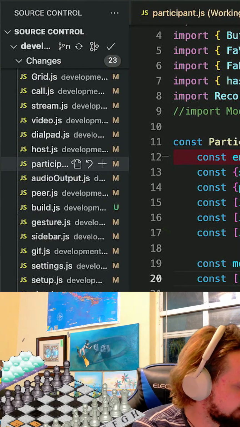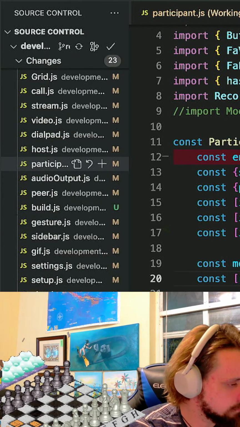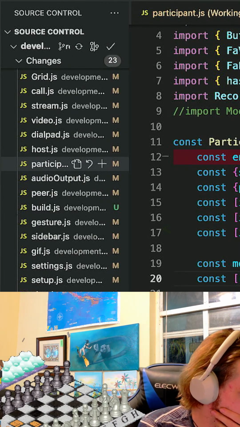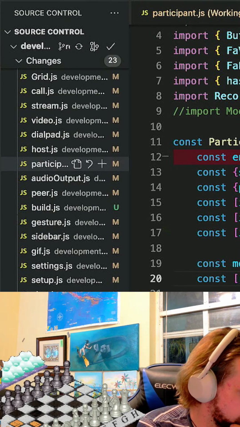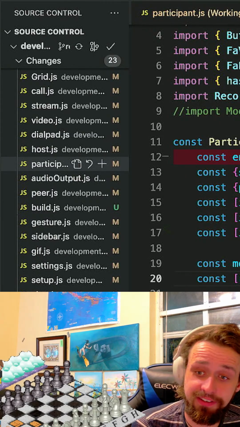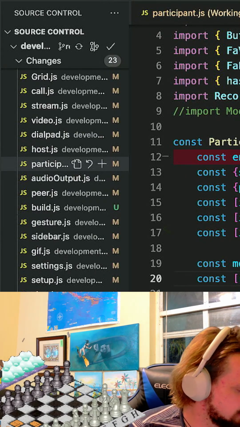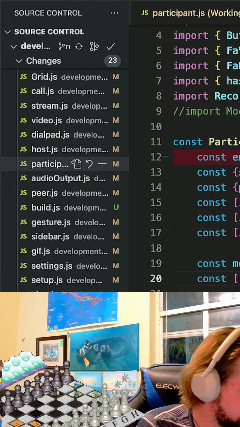What the hell is this? So this is how it starts. I'm just going to read it, cut out the awkward parts.